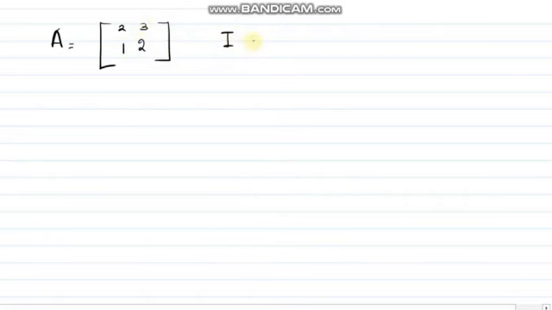Hello everyone. In this video we're going to learn about matrix multiplication only, like I promised in the last video. So I'm going to do 2 or 3 sums. Let's check. So the first sum is A equals 2, 3, 1, 2. This is my A matrix, and obviously you know your identity matrix, that is 1, 0, 0, 1. I am writing it, but maybe in the exam it won't be written.